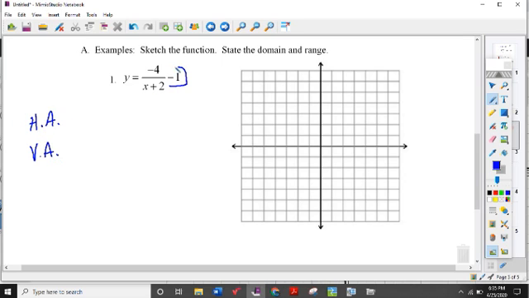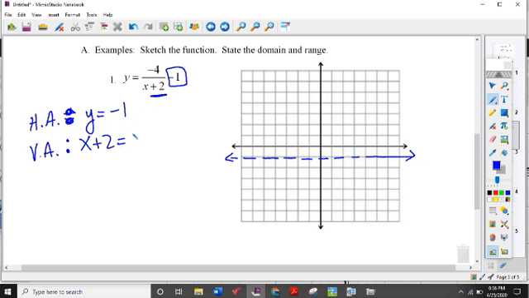So in this case, my horizontal asymptote, remember, is the k value. It's the value that you're adding or subtracting. Think about what the y-intercept does in an equation of a line. It moves your line up, moves your line down. So this is the same thing. It moves your horizontal asymptote up or down. So it is y equals -1. I don't want to put an equal sign there. Let's do, so at y equals -1, I put my horizontal asymptote,